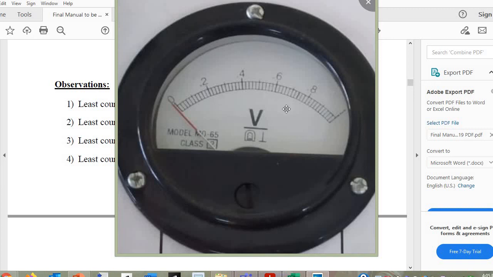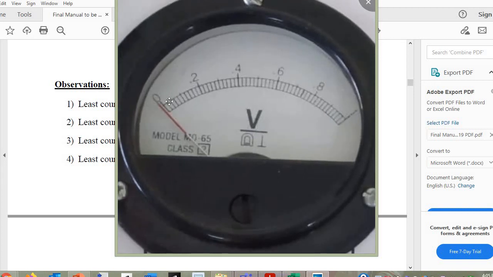This is a voltage related scale, and the points you can see are 0, then 0.2, 0.4, 0.6, 0.8, 1. Okay, so whatever we have said with respect to the ruler, 1 millimeter is the least count, meaning the value of a single line is 1 millimeter, or the minimum measurement that we can take with the help of that ruler is 1 millimeter. Like this you have to say what will be the least count of this particular meter. What is the value of a single line, or what minimum measurement you can do with the help of this particular scale.